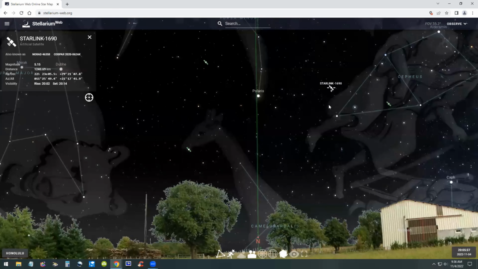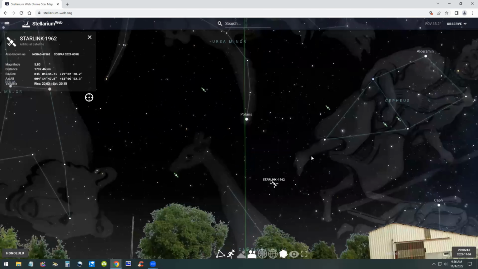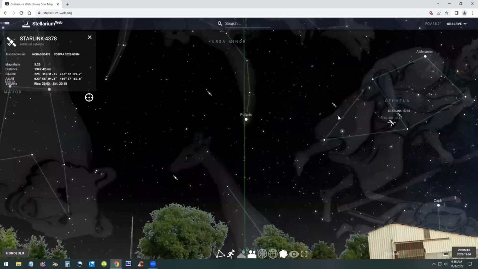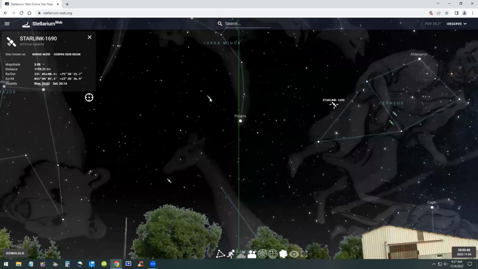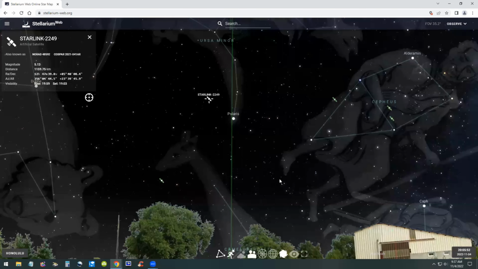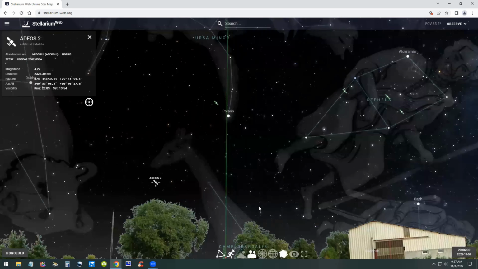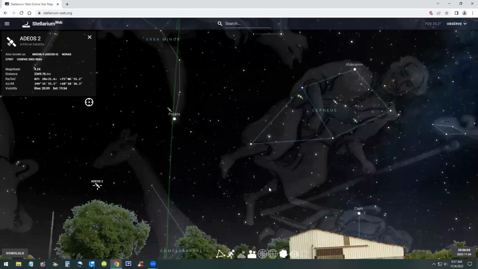So here's a tip. If you want to see them with your naked eye, it's probably a little bit more difficult, but you can look to the north. Just amazing that we can track all these celestial objects along with artificial satellites.